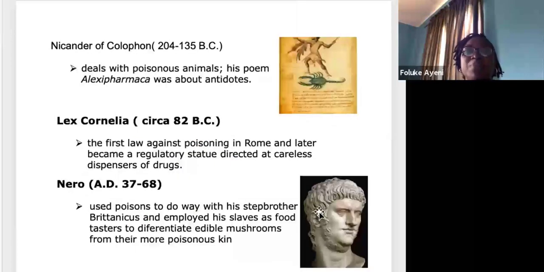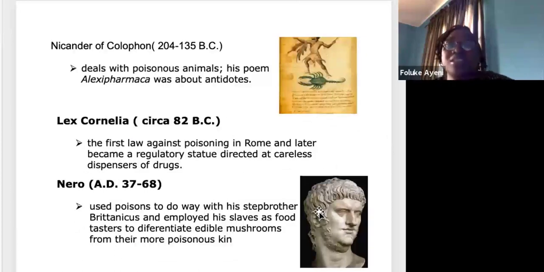We have these other people too. They were all instrumental in one way or the other in documenting toxicology studies and poisonous materials. In particular, this first man, Nicander of Colophon, deals with poisonous animals. Up till now, we have been talking about plant materials. But he went ahead